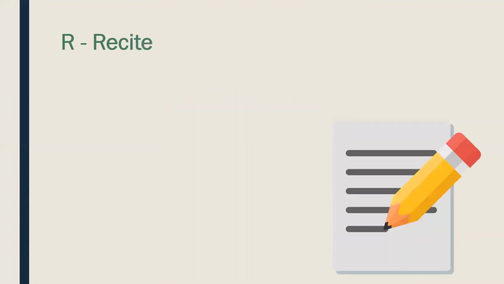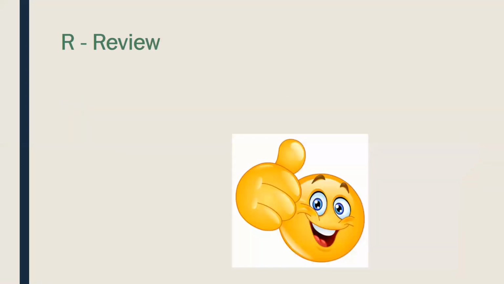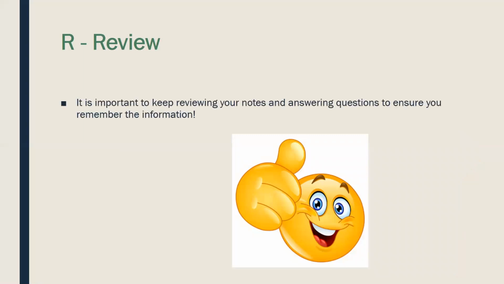So after you read the entire chapter, you want to try and recite or summarize what you read in your own words from each section. So by summarizing in your own words, it allows you to understand and learn the information better than if you just copy it verbatim from the textbook. Lastly, you want to make sure that you review. It is always important to go back over your notes in the reading in order to remember it for the